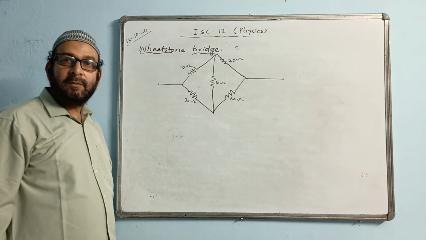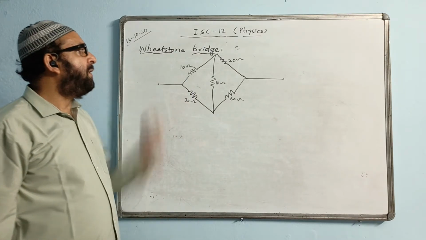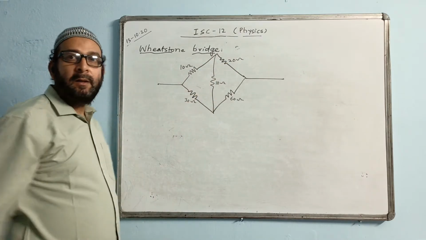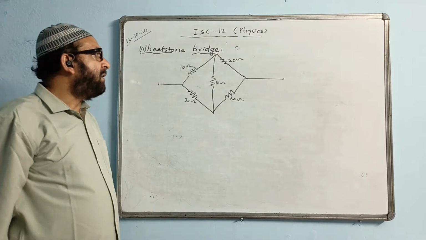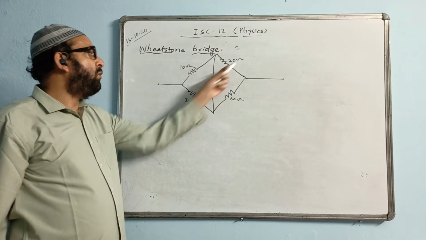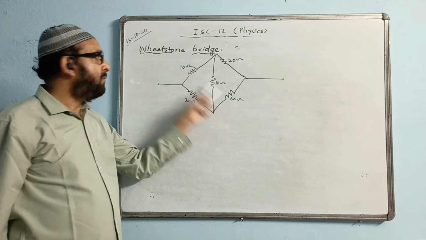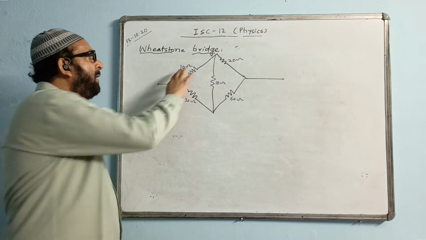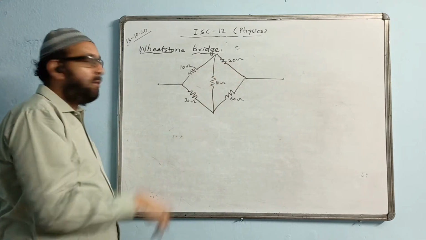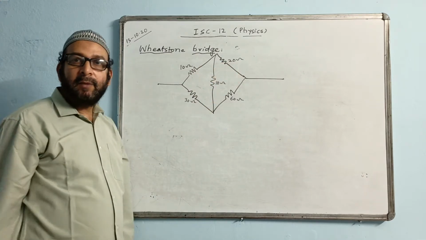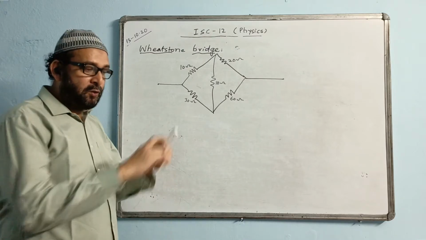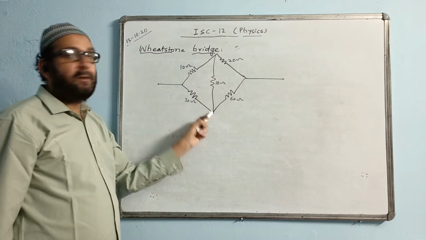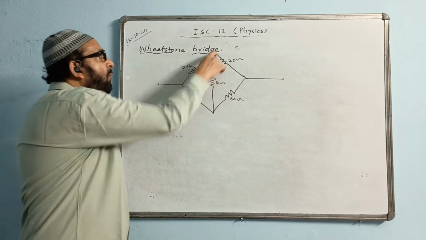How to find the total resistance of this circuit? We'll check. This is a Wheatstone bridge with 4 arms, 1, 2, 3, 4 arms are there. They will check the ratio, that this is like P, this is like Q, this is like R, this is like S. So we see whether P by Q is equal to R by S or not. 10 by 20 is 1 by 2. 30 by 60 here is also 1 by 2. The ratios are equal. That means these 2 points will be at the same potential, so current will not flow through this.